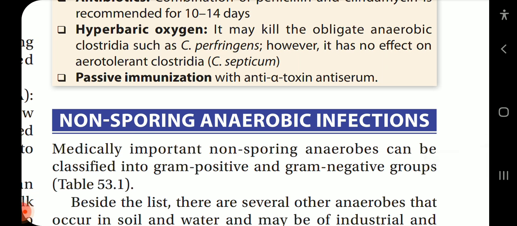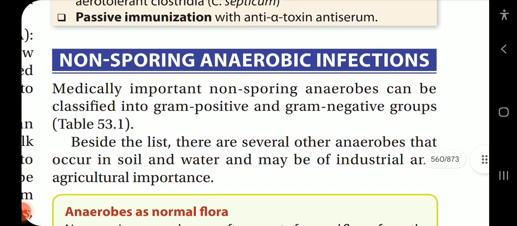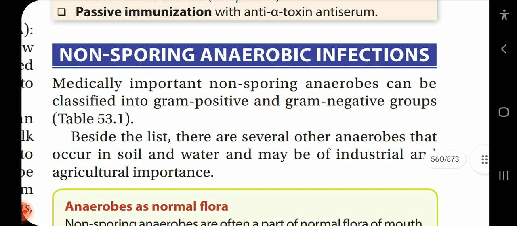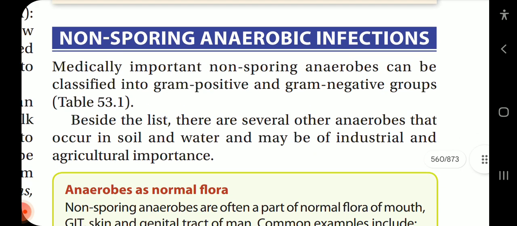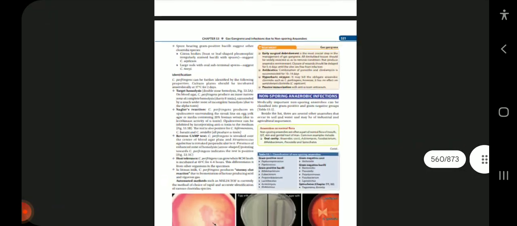Hyperbaric oxygen may kill the obligate anaerobic Clostridia such as Clostridium perfringens. However, it has no effect on aerotolerant Clostridia such as Clostridium septicum. Passive immunization with anti-alpha toxin antiserum can be done. Now in the figures here,